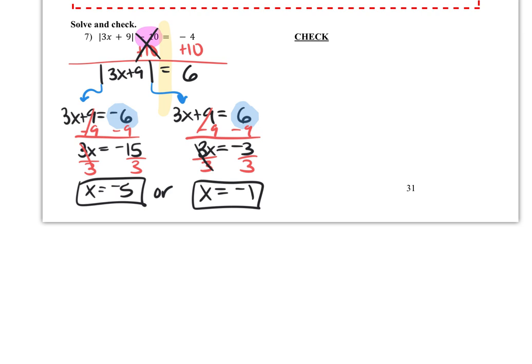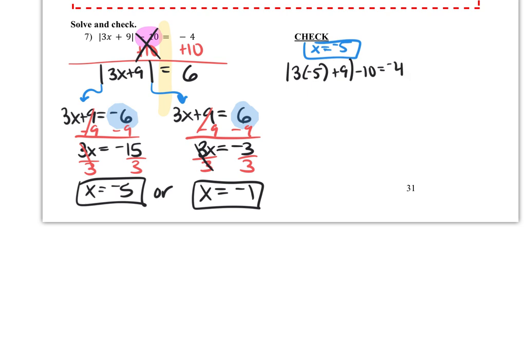If I have 2 answers, how many checks should I have? 2, okay? So whether you want to divide your paper horizontally or divide it vertically, I don't care. Just keep track of which one you're doing first. I'm going to do x equal to negative 5. So to keep track, I just write it above so I can remind myself, okay, I'm plugging in negative 5 for x. So on here, we have absolute value of 3 times negative 5 plus 9, close it, minus 10